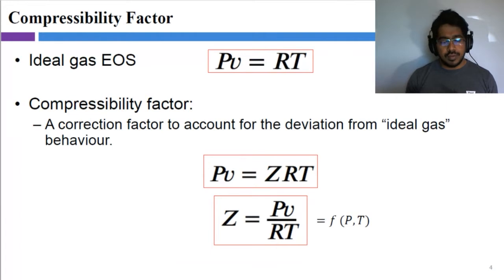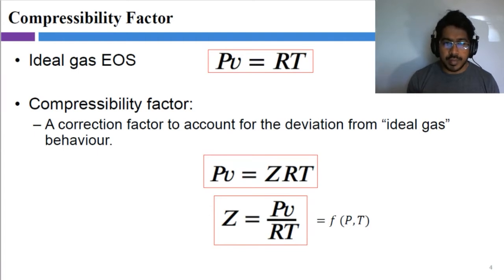If we go back to our previous lecture, you remember we learned the ideal gas equation, which is PV equals RT. P is the absolute pressure, V is the specific volume, R is the gas constant, and temperature, most importantly, is in Kelvin. You remember, we agreed that the ideal gas equation can only be used at certain instances, either when the pressure is very low or the temperature is very high, or both, right? In these instances, we can usually use the ideal gas equation, but